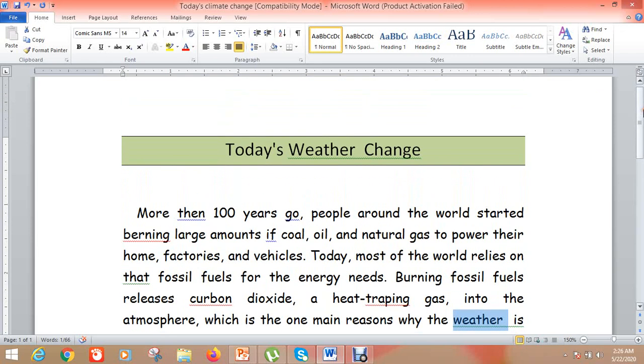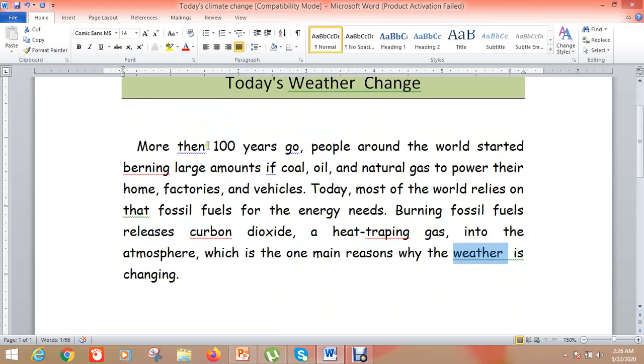First, just observe the colors: first one blue, then red and green. The green line shows that there is a grammar mistake. The word underlined with a green wavy line has a grammar mistake. And the next one is the red wavy underline.